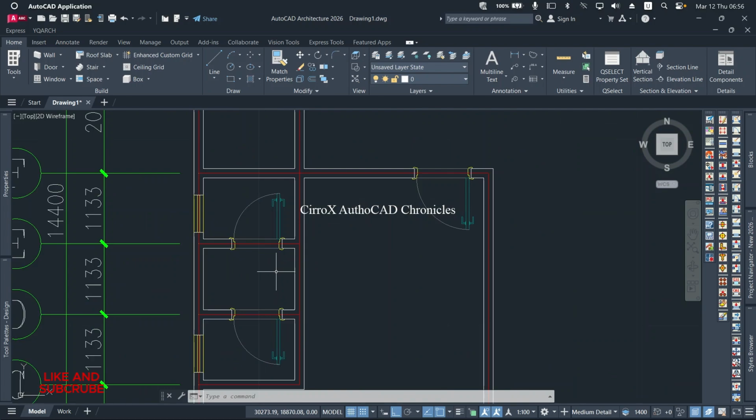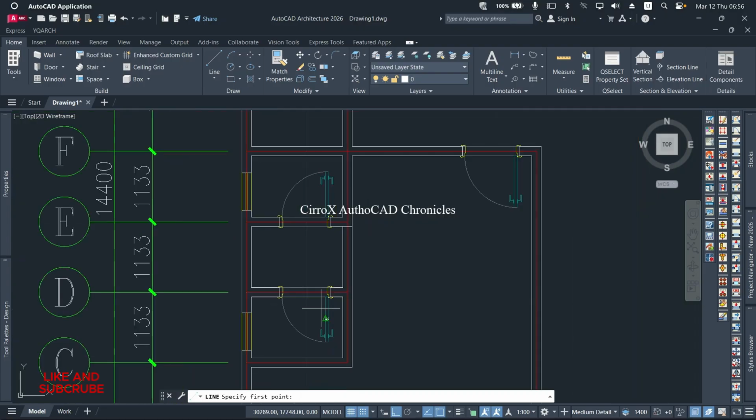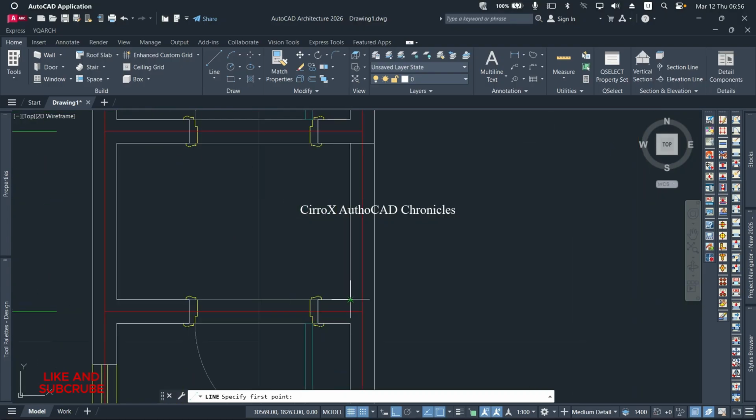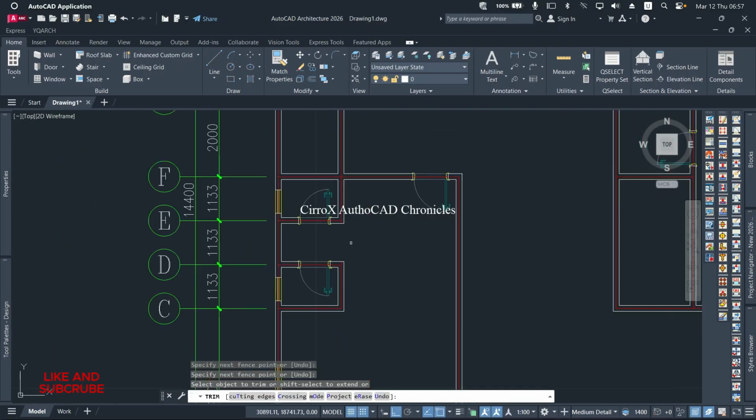So I'm probably going to trim off this line from here. So I'll need my line tool and draw a line across it, and also I'll draw a line cutting this place too. Okay, and I'm going to trim off that line. So TR trim, and I'm going to